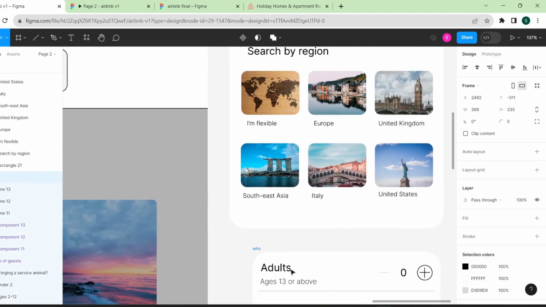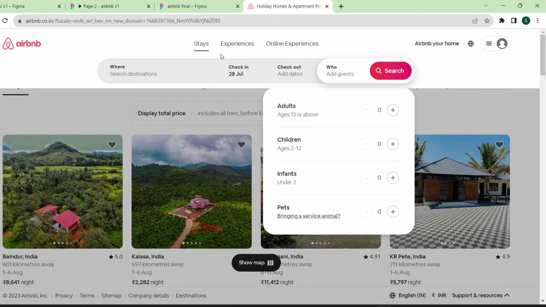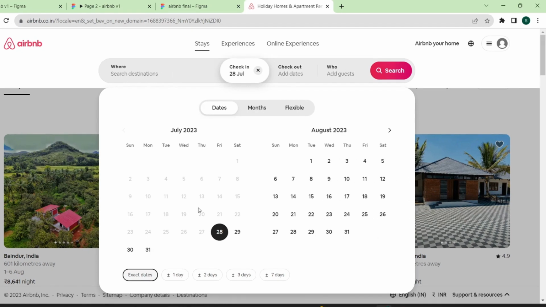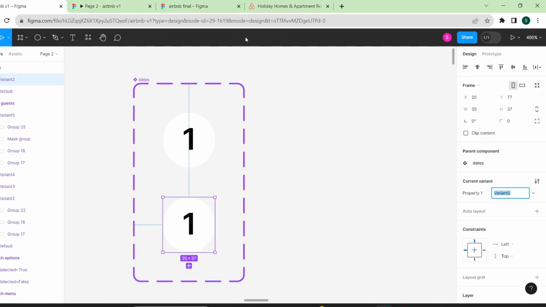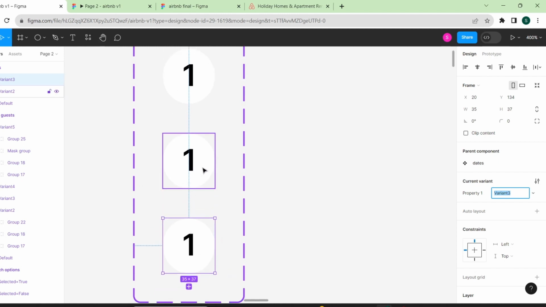Now that this is done, let us actually move to this check-in page where we'll have to design a calendar. Now that's a pretty tedious process. So let us first make the component for the date and add variant, and over here